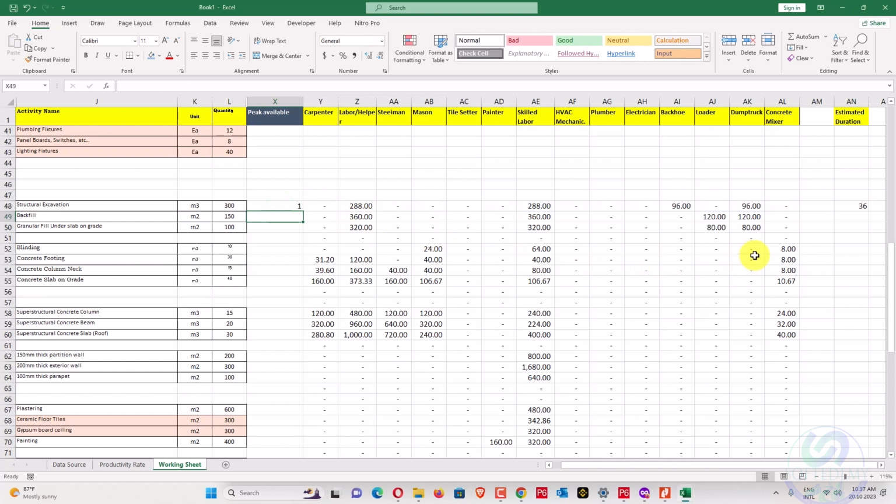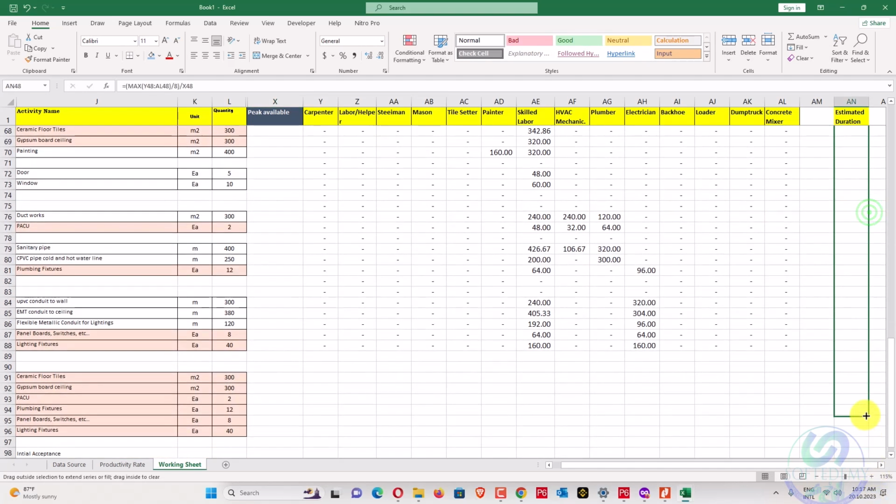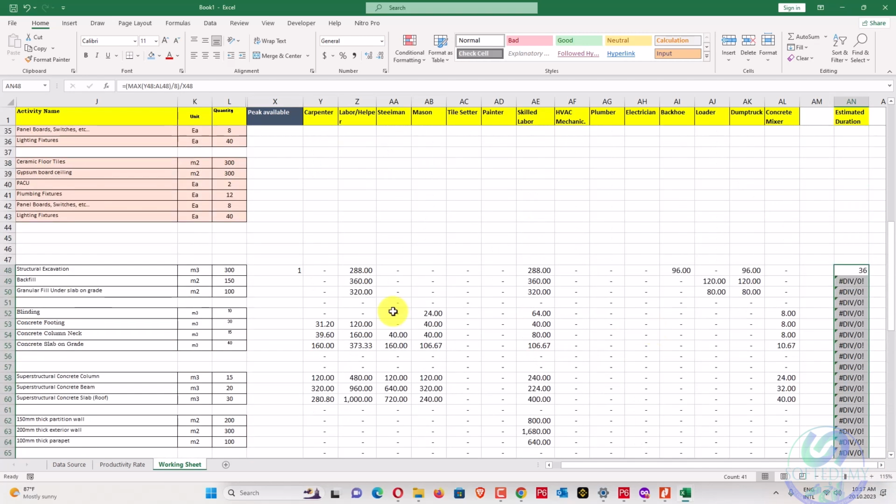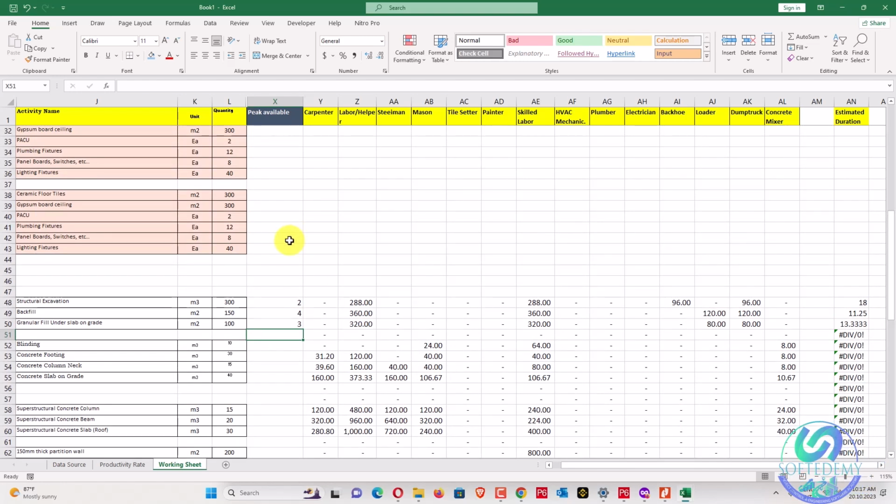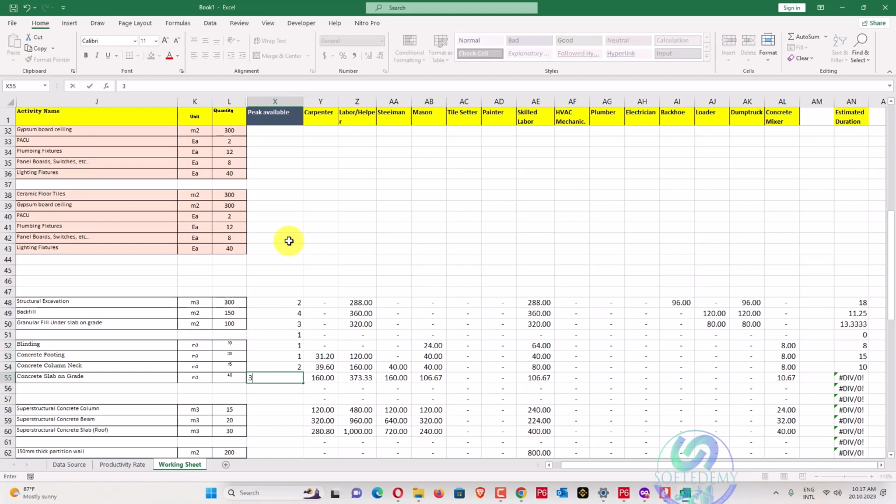Okay, 36 if we have this one. So we'll just go here down, for all activities, and if we require like 2, 4, 3, it's like that one. You understood now? We will add something like this one.